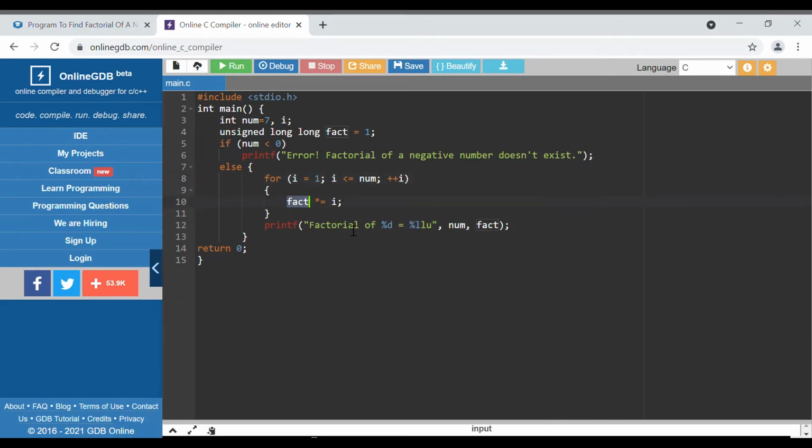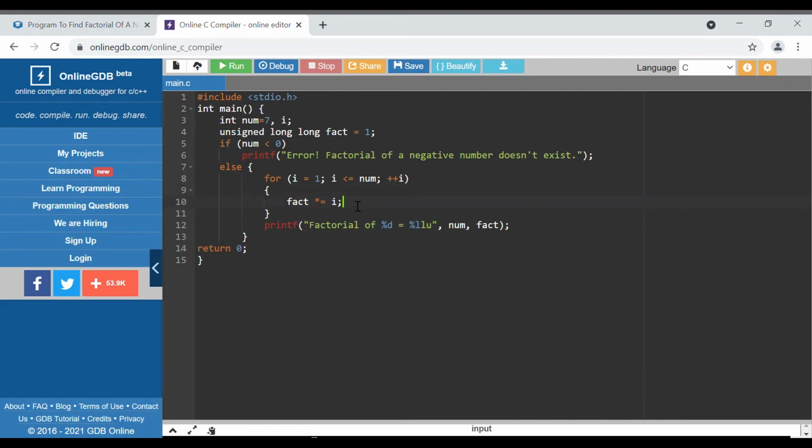When we execute that, initially fact is 1, so 1 cross i, initially i is 1, so 1 cross 1 is 1. Now the fact value is 1 and the i value is 2, since the loop increment is done. Then fact star i is 1 cross 2, so the new value of factorial will be 2.